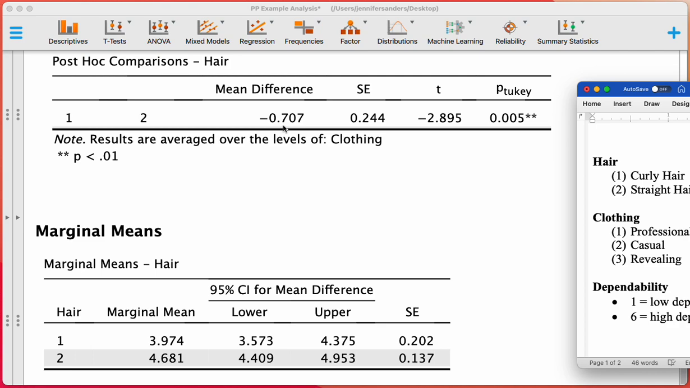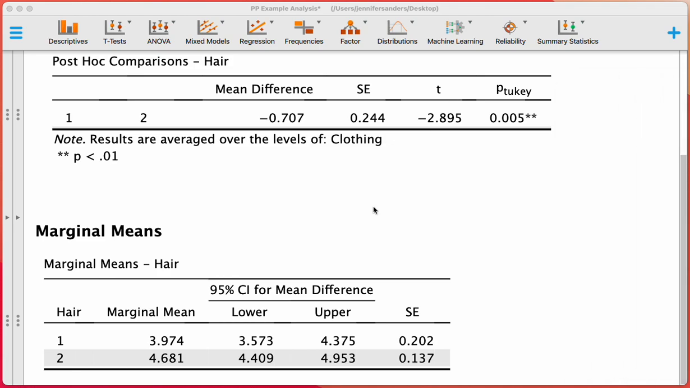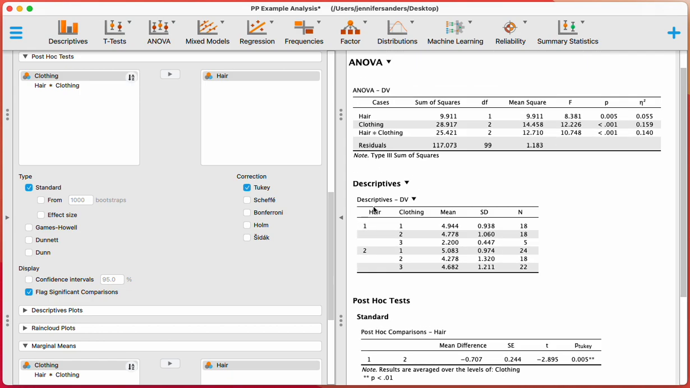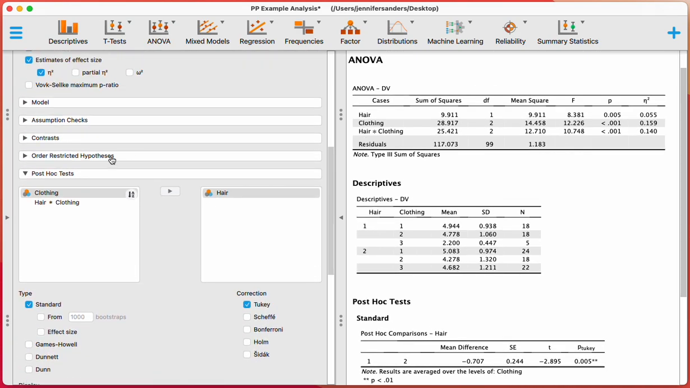The way that we interpret that is that straight hair was perceived as more dependable than curly hair by about 0.7 points out of 6. So almost 1 full point, and that's a big enough difference for that to be significant. We'll do the same thing for the 3-level independent variable of clothing. So we'll just go back over to the menu. Under post hoc test, we will move clothing over,